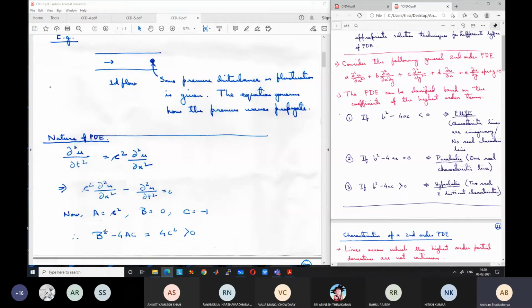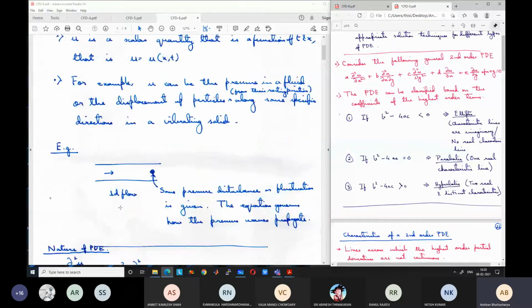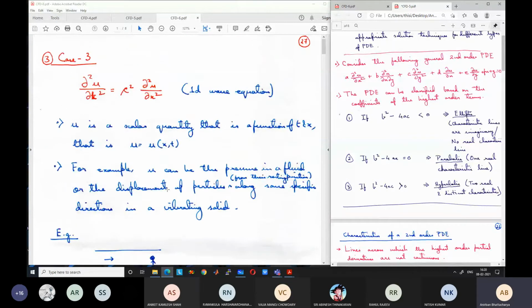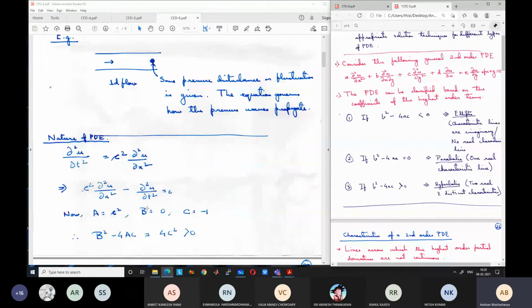Okay. I am using capital A, B, C here to distinguish between this capital C, which is just a coefficient, and this small c, which is the constant that is present here. Okay, this small c we will see later. This small c is the speed of the pressure wave or speed of sound. Okay, speed at which the information travels. So to distinguish between the small c, I am writing the coefficients in capital instead of using small letters. Okay, it's the same thing, A, B, and C.